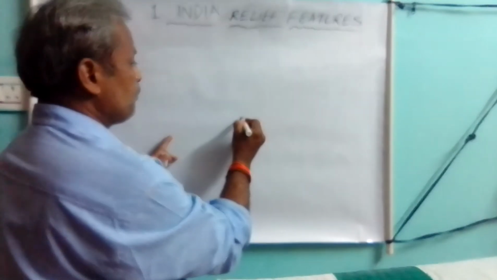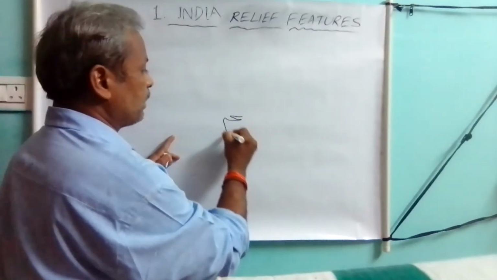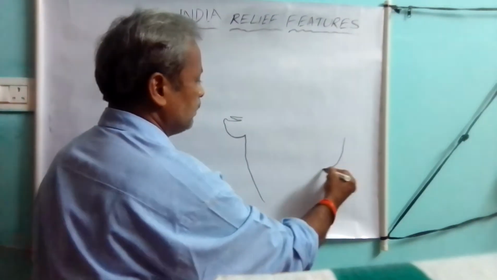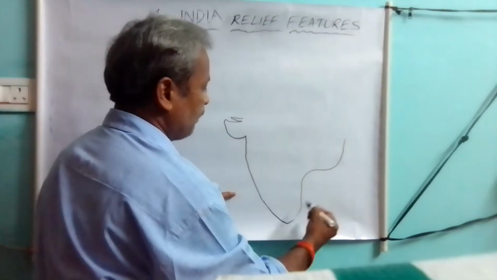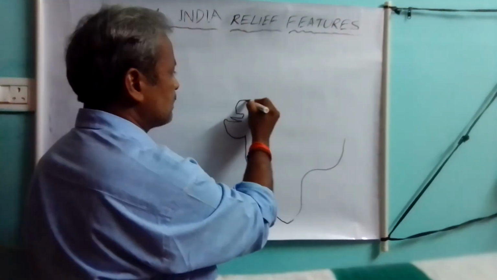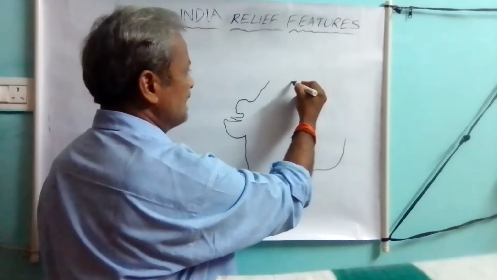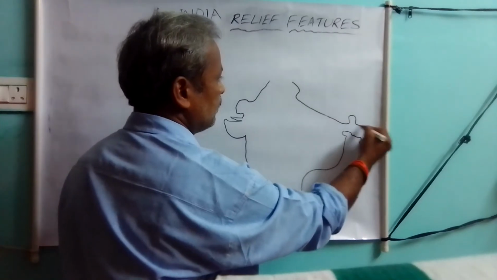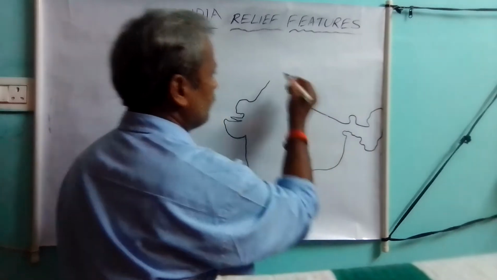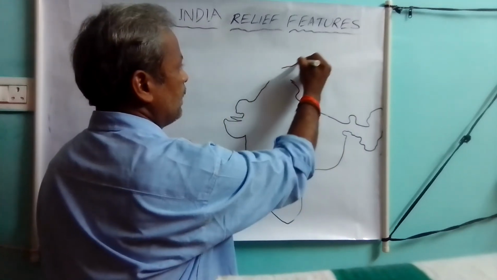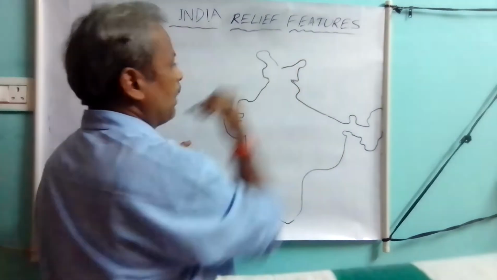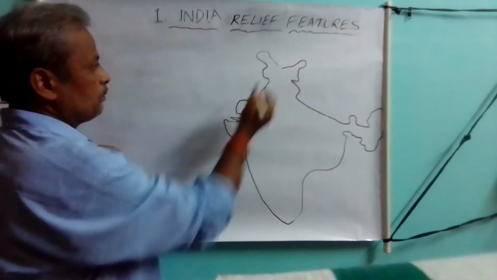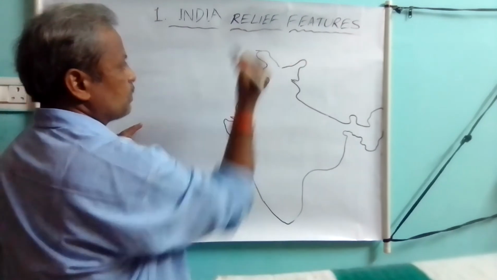We know India is located in the southeast of Asia, and we also know it is a peninsula which comprises three sides water and one side land. India has 7 neighboring countries. And before that, now we have to observe India's location.